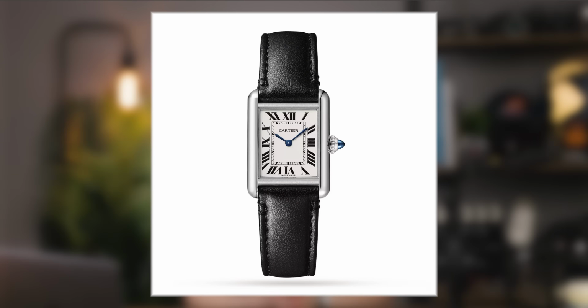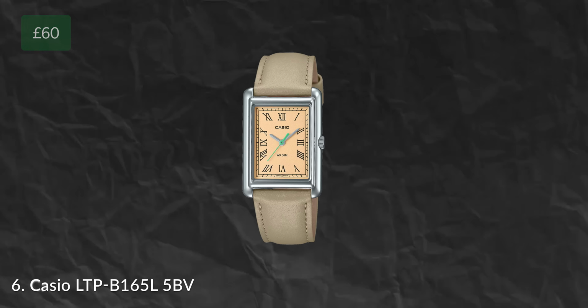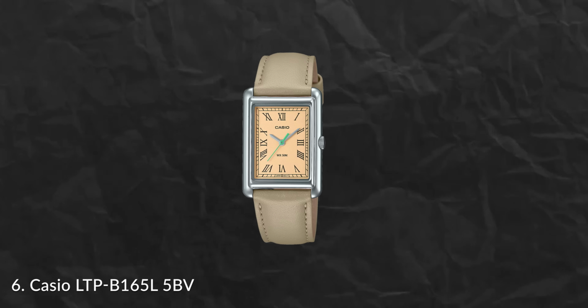At number 6, we have one for all you digital watch lovers out there. We had to include it because it's Casio. This watch looks remarkably like a Cartier Tank, and genuinely, true to the title of the video, looks more expensive than it actually is. This comes in at around about £60, is paired with a genuine leather band, and also